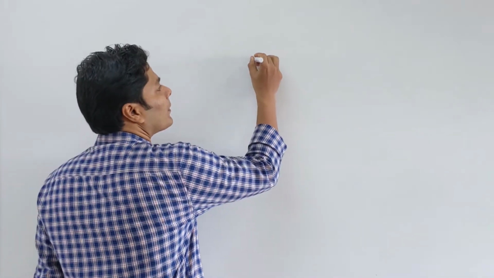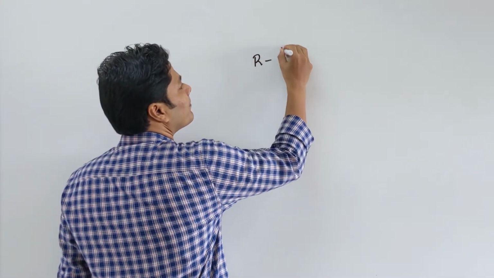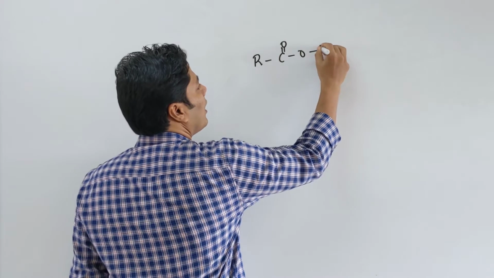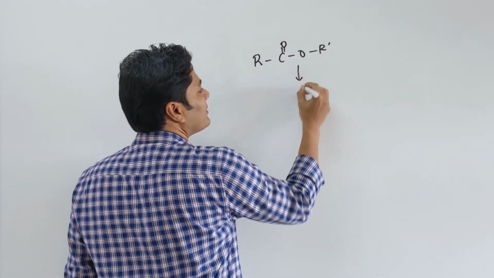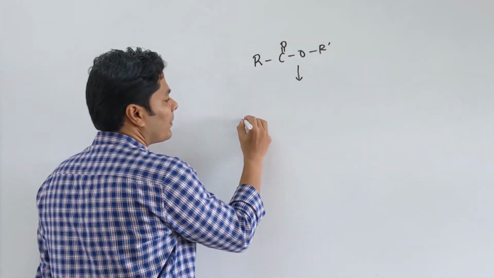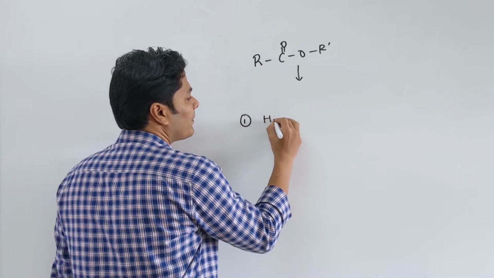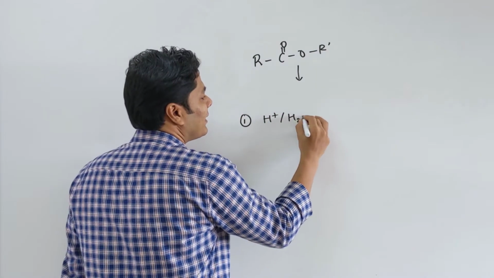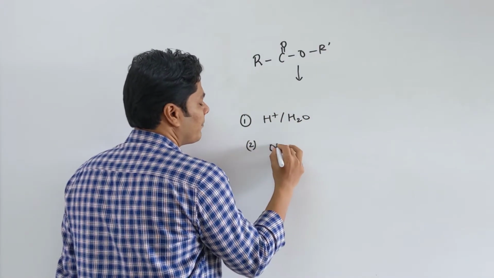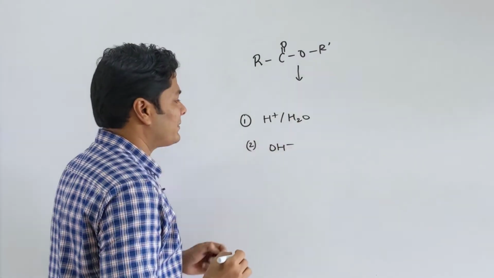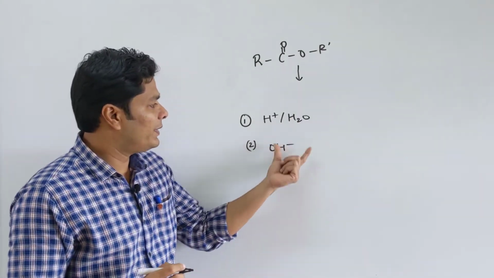One other way of synthesizing an alcohol is something that you guys would have seen many times, hydrolysis of an ester. So an ester compound or ester molecule has RCOOR prime. You can hydrolyze it in two different ways. First one is acid catalyzed, second one is using a base.